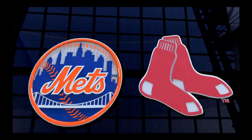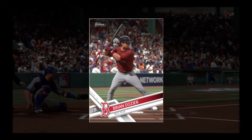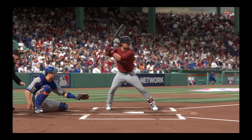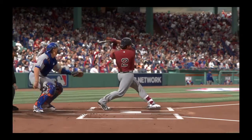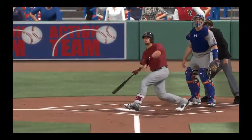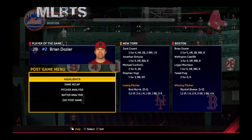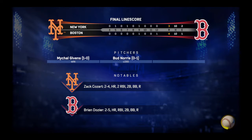Not a lot of fireworks, but that narrows the candidate list for our top player of the game. And the man you see here was a key contributor, so he takes it home in this one. Well, everyone wants to get their season off on the right foot and feel like all the hard work during the offseason and spring training has paid off. He came out here excited to play a real game again, and he really had